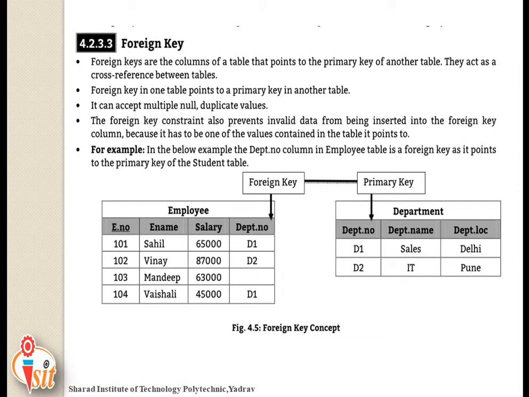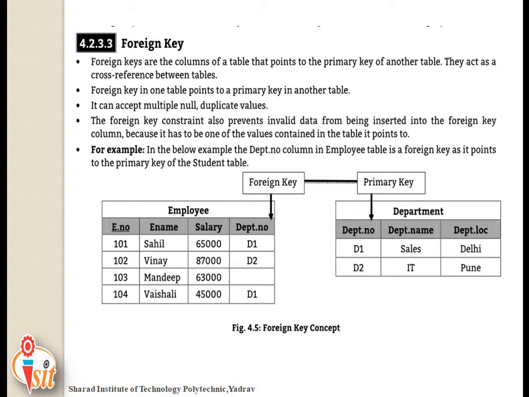Now in the employee table there are various attributes like employee number, employee name, salary and department number. And in the department table the attributes are department number, department name and department location. As I said, foreign keys are the columns of a table that point to the primary key of another table.